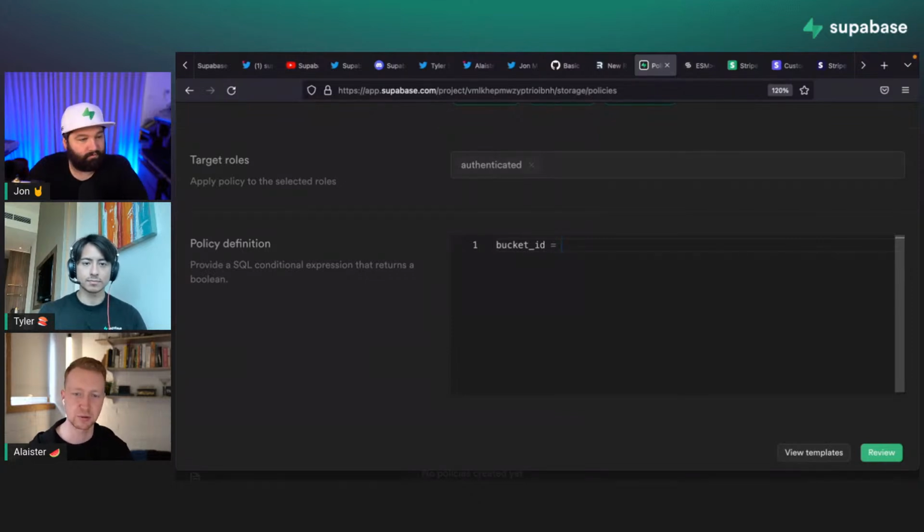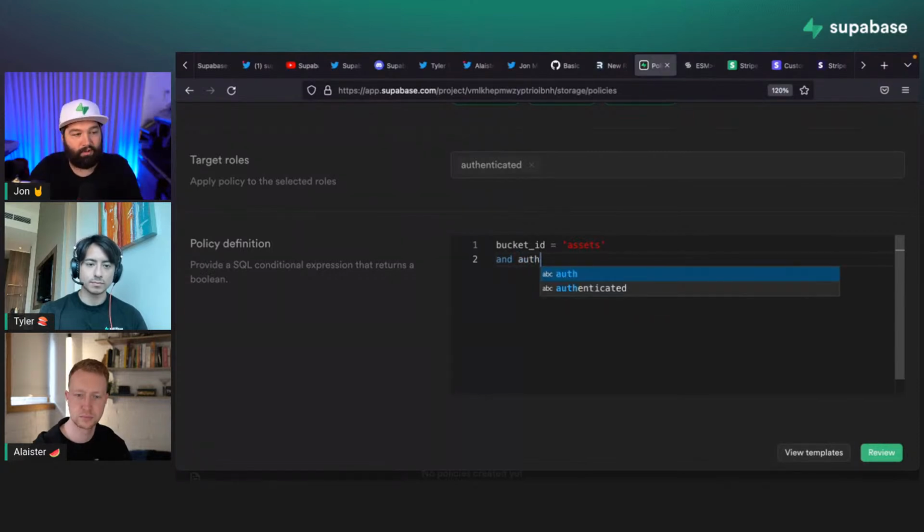In this case, we called it assets, right? Nice. And then we can use AND to create these compound expressions. So we want the bucket ID to be assets, and we want the auth.uid